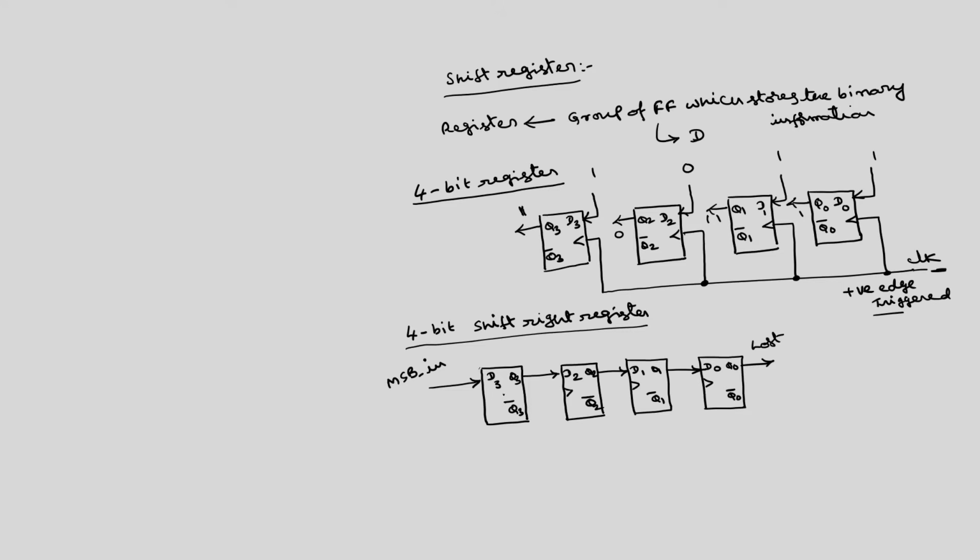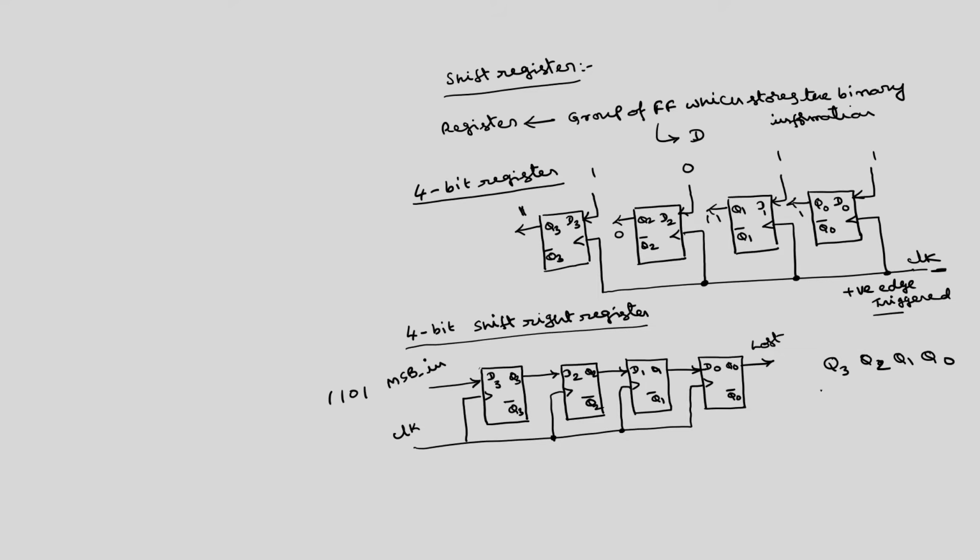So, you see the circuit diagram of a 4 bit shift right register, and it will have a common clock, assuming this is positive edge. To explain the operation, we can write Q3, Q2, Q1, Q0. Here, the data to be fed is, say, 1 as the first bit, 0 as the second bit, 1, 1 and so on.